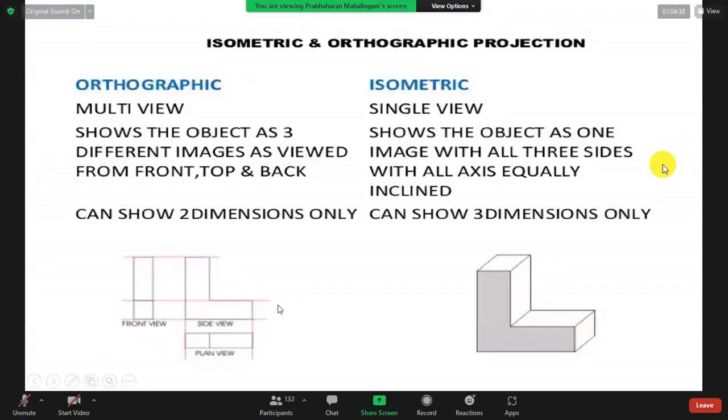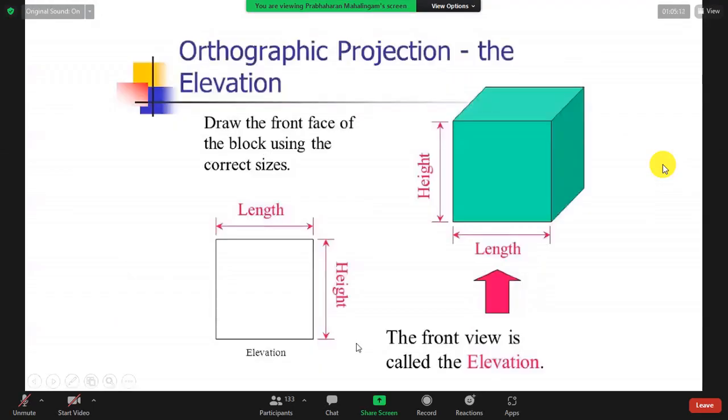Now you are clear? One person standing on the side, one person standing on the top, one in front. These 3 views are visible to 3 people. Draw in a particular manner. I will tell you very clearly in the next class how to draw it. So these 3 views are called orthographic. This 3D object view is called isometric view. This is isometric projection, orthographic projection. Now you are clear? Right.